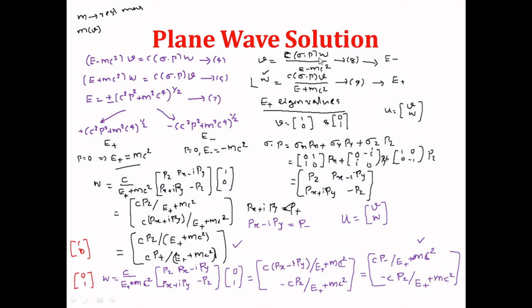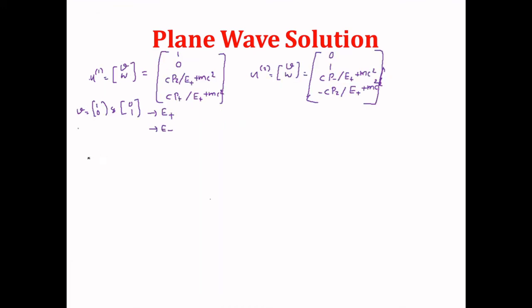What we can do is put some arbitrary values for the W matrix. First you put the value 1, 0 for W and calculate the V value. Then you substitute the value 0, 1 for W and calculate the value of V. So you will get U3 and U4, and U3 is VW, but the difference is that here we are substituting the values of W and finding the values of V.